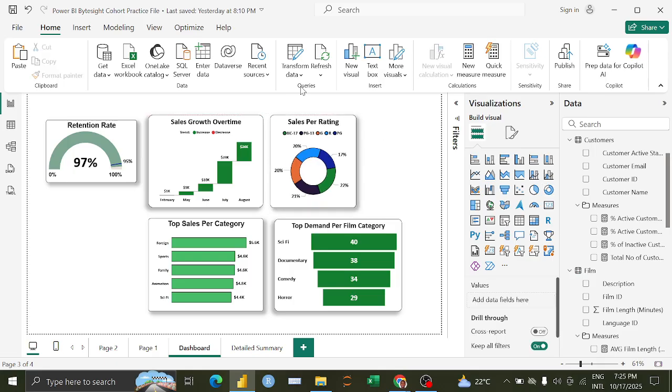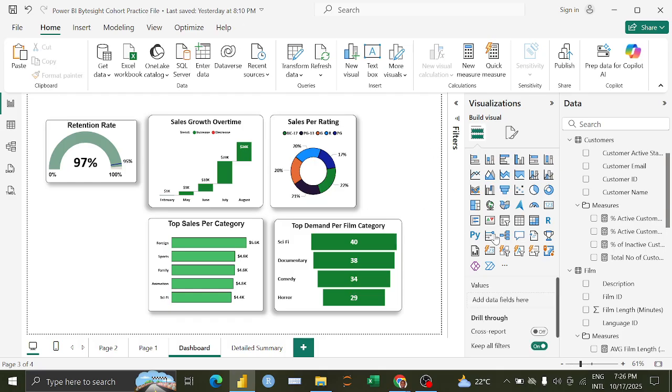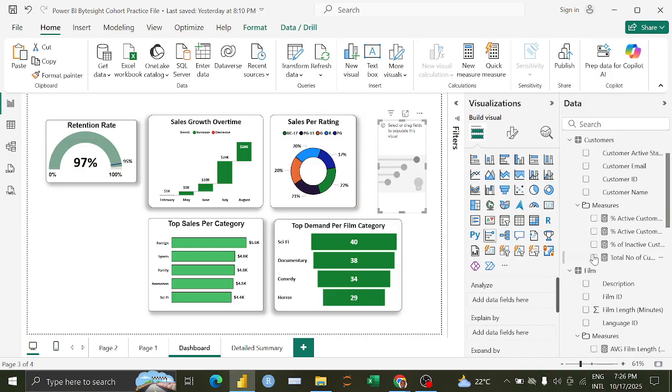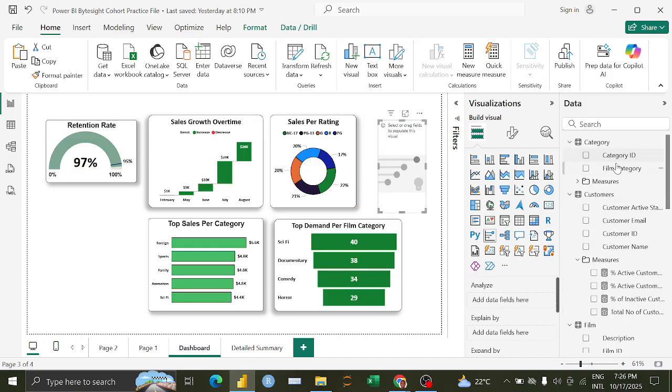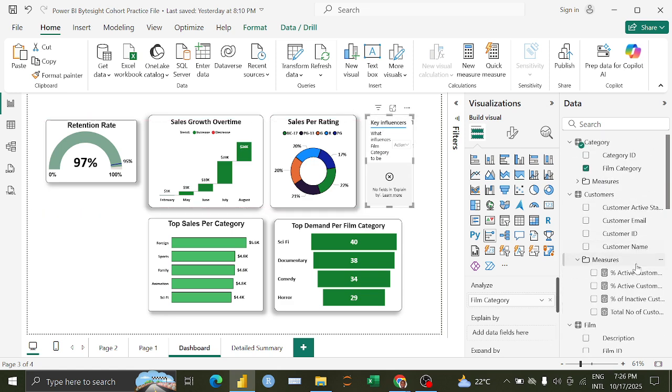Now we want to insert this Q&A visual. So I'm going to show you how. This Q&A is like an AI part. Or even if you want, before you insert that one, you can insert this one as well. You can analyze the number of film category. So what influences the film category? We can say the number of customers. So just as a practice,